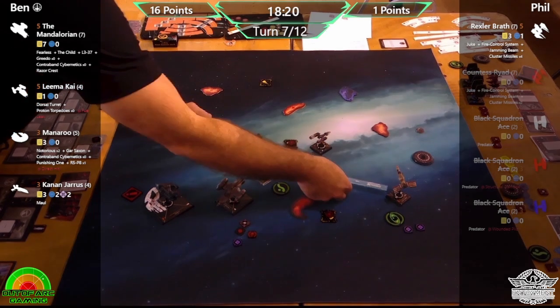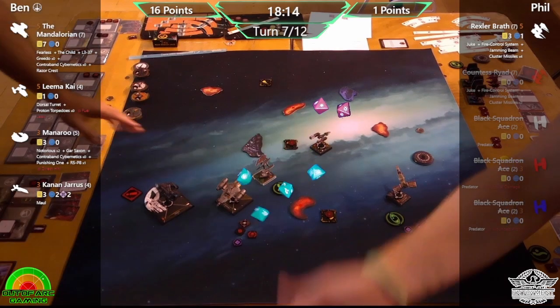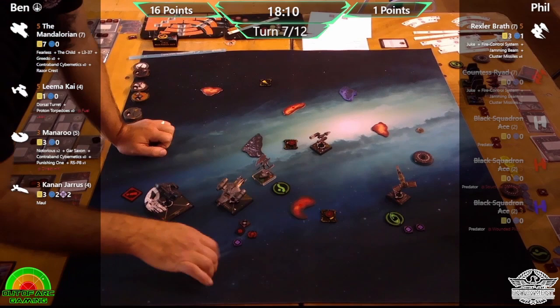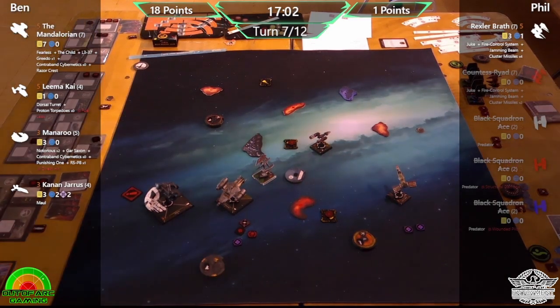I'm looking back at that and thinking I probably should have gone for the longer range shot into Manaroo, or even a cluster missile into the Mando and then double tapped into Manaroo. There would have been better. Yeah, I know what you were doing because I've done it so often. You see the immediate shot in front of you, see loads of dice,